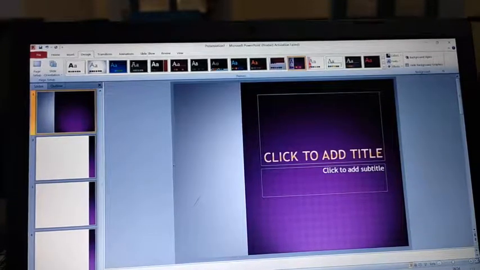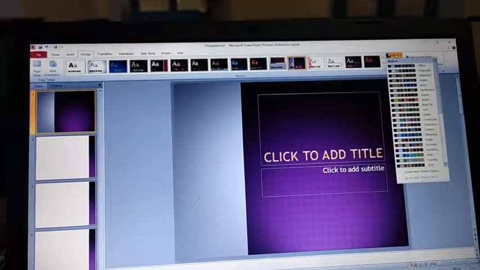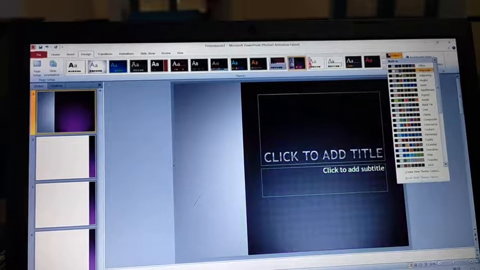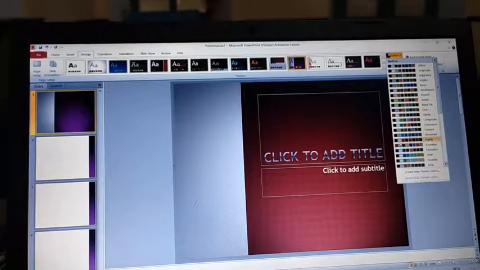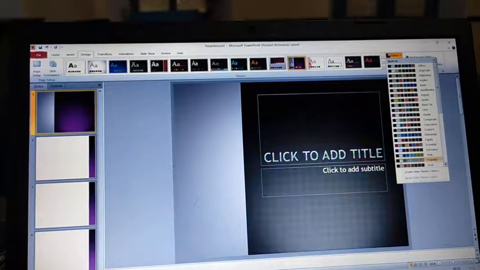How do we modify? Now we have selected the theme, मतलब ये डिज़ाइन हमने सेलेक्ट कर लिया है. तो यहाँ पर on the right hand side we have colors. You just have to click on these colors and select any color. This will show a demo. As I change my colors, it is showing how it might look. So we can also change it to any color that we want.